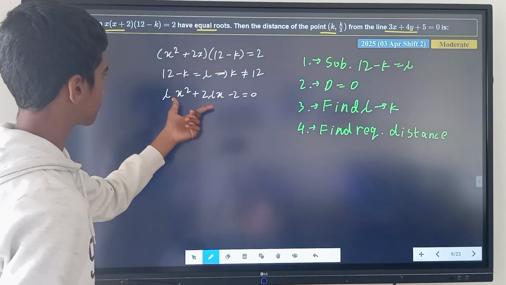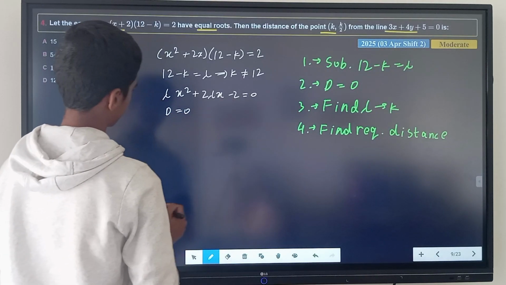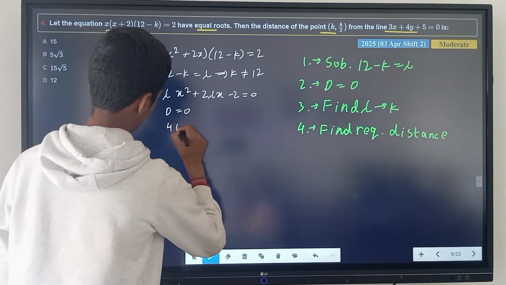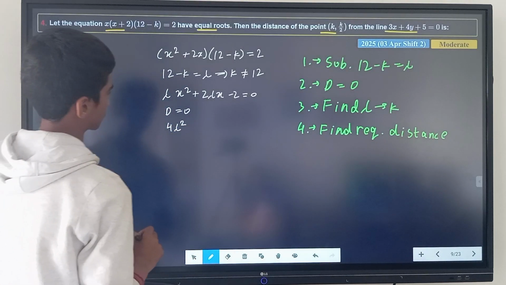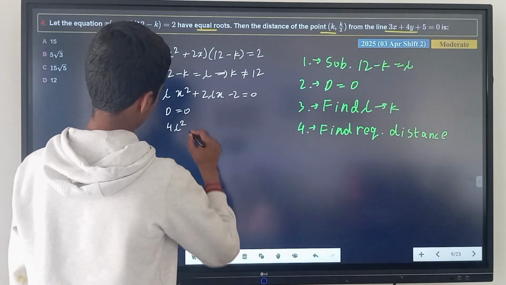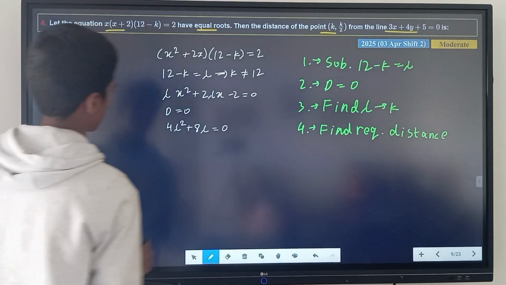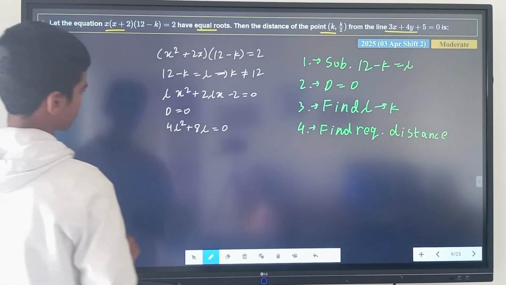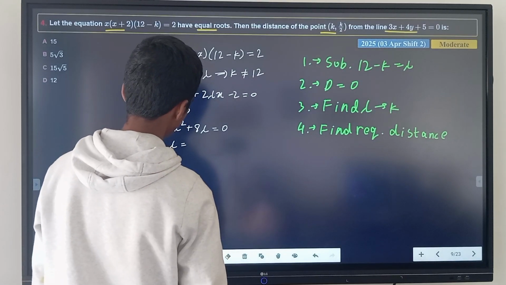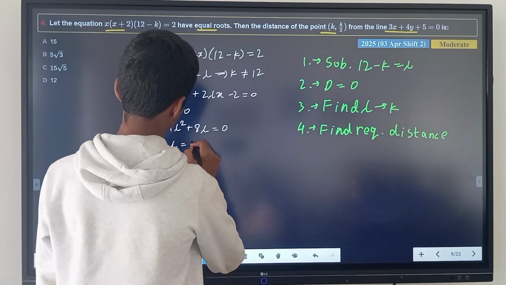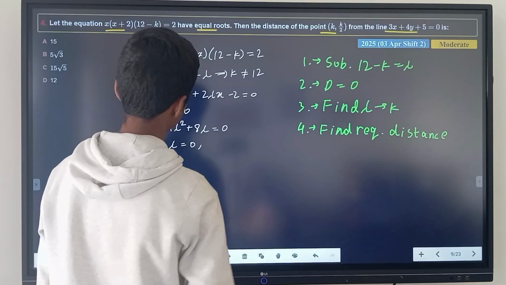So now let's put discriminant is equal to 0 here. From here we will get 4 lambda square plus 8 lambda is equal to 0. From here we will get lambda is equal to 0,